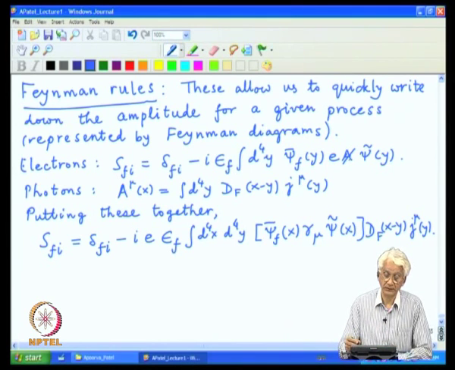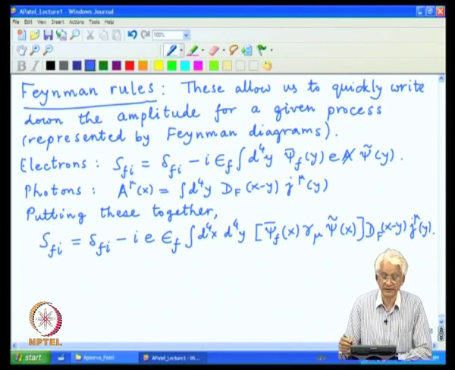So, if the photon is an external field, well, we do not write it in terms of its sources, but if it is produced by another electron, then it can be written by J mu. J mu again is represented by psi bar gamma mu psi of some other source, which in turn may have been interacting with its own electromagnetic field, and one can just iterate this procedure as many times as you want to produce the necessary description which goes along with a space time picture provided by Feynman diagram.